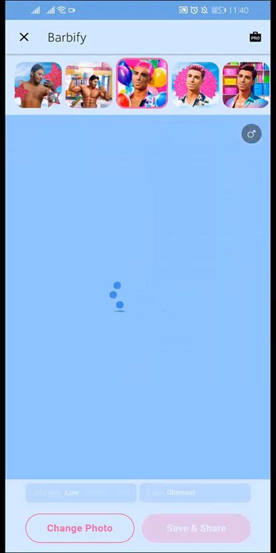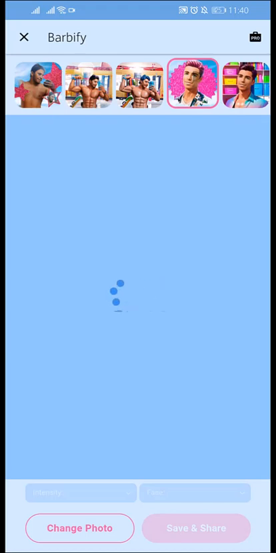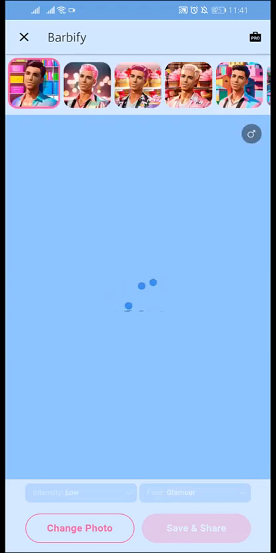Let's click on the next button. Let's see what AI can do with us. Changes the hair color. Let's tap the next. You can go through all of these